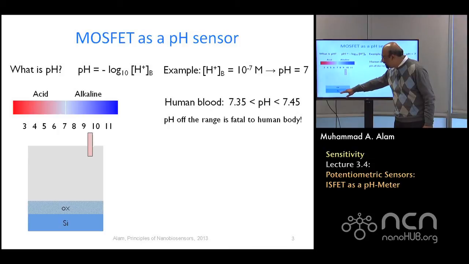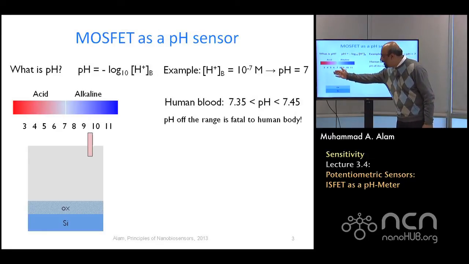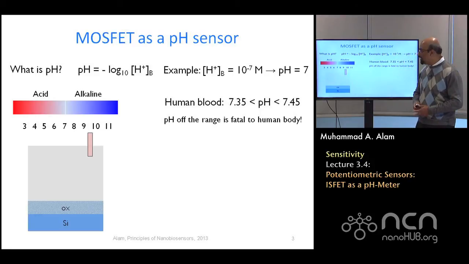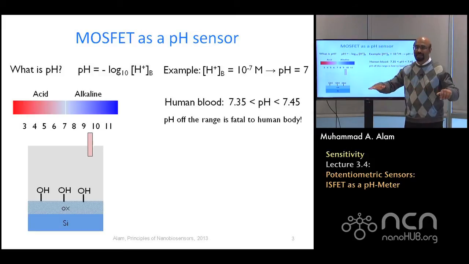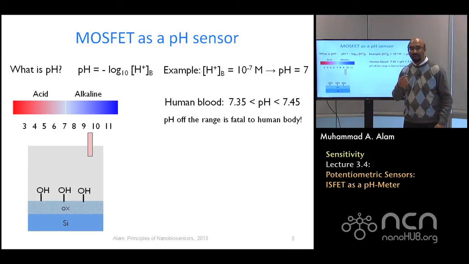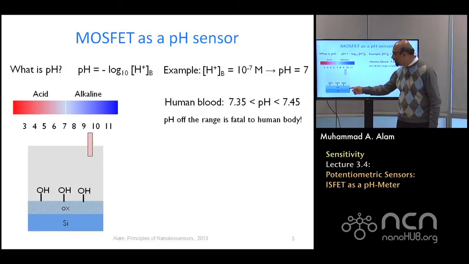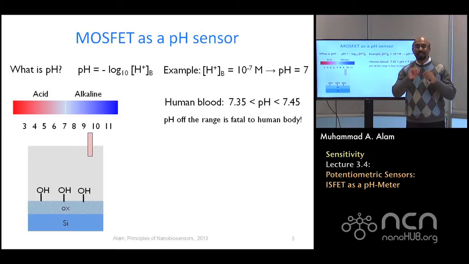You see, if you have a silicon and an oxide, remember I have removed the gate, and the gate has become this reference electrode. And here I have the fluid on top of the oxide, which has water in it. Now, one thing that is very important in this discussion is to realize that anytime you have an oxide, this oxide is not cleanly terminated. These oxides, silicon dioxide, have dangling bonds. So the oxides have dangling bonds, the oxygen atoms, and they are terminated by hydrogen. So there are all these OH groups like receptors.